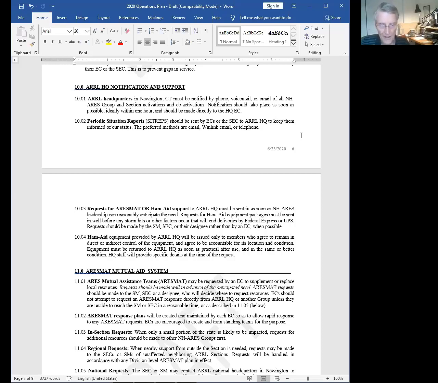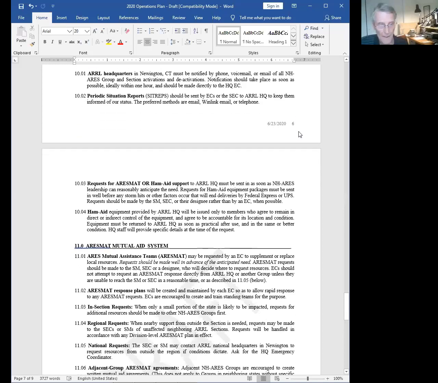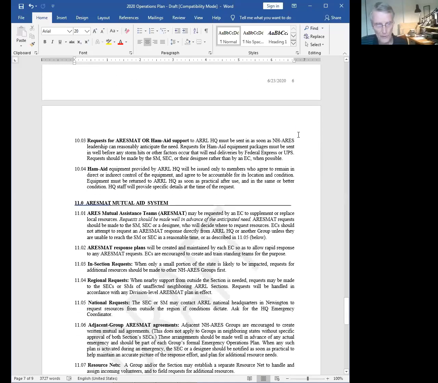That, and if there's going to be a ham aid request, you have to call them anyway. The thing about a ham aid is you almost have to pre-position. If you're calling for ham aid right before a major disaster or in the middle of one, which is even worse, you're not likely to get it because FedEx isn't going to be flying. That's how the stuff is shipped out. They have an open contract with FedEx, or they did. I'm not sure what they have now. It may have changed. I know there were some changes, but I don't know if it was to another carrier or not.